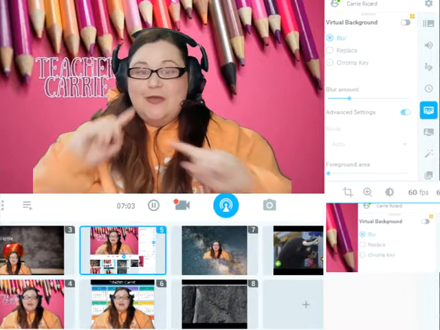I'm just going to unlock that layer and go up to the top and zoom in until I have it filling the entire screen. Okay, so now that everything is good, again, I can move myself anywhere I want to be. So it's sort of fun, especially if we're talking about space, to do some things with our little video picture-in-picture here. And let's go back to my tutorial screen so I can show you how you can flip yourself